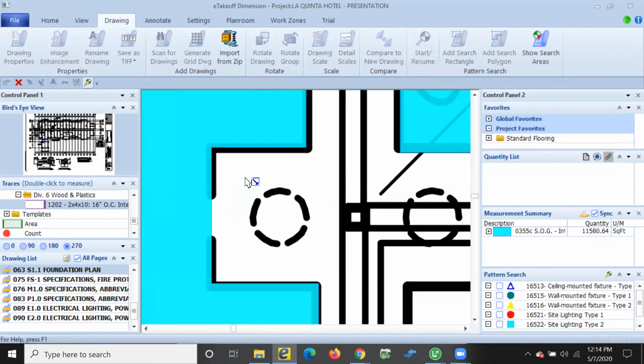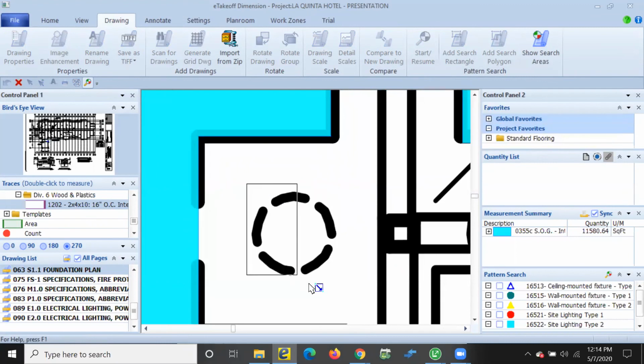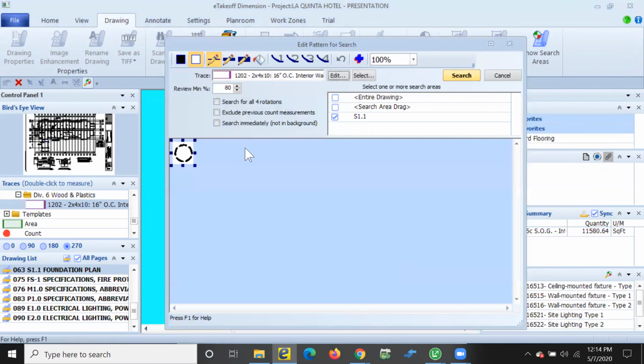And then I can select what symbol or text that I want to search for. So I'll grab this here. It's going to pull up the item I'm searching for. And then I can search in this product. I can search multiple pages at a time if I want to. I can also search multiple drawing areas. So I can select specific areas of drawings that I want it to search if I don't want to search entire drawings. So in this instance, I just have one drawing area for this entire drawing here on this foundation